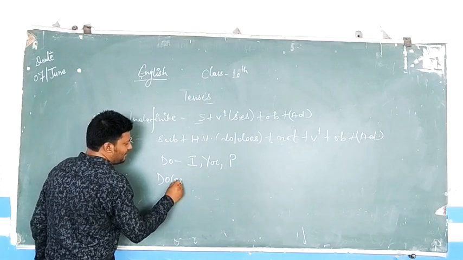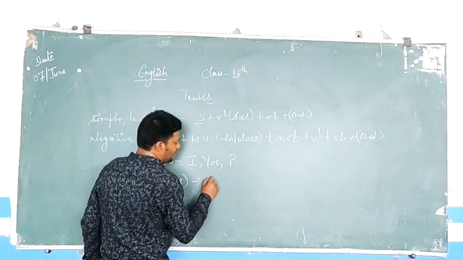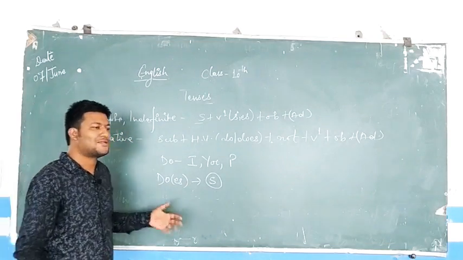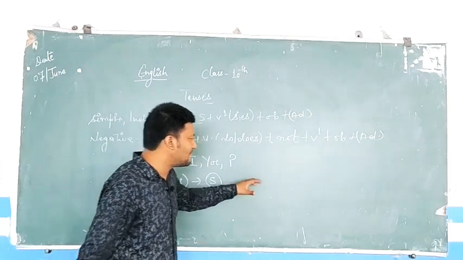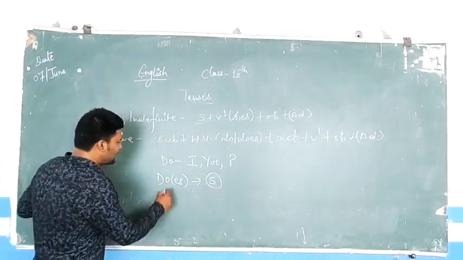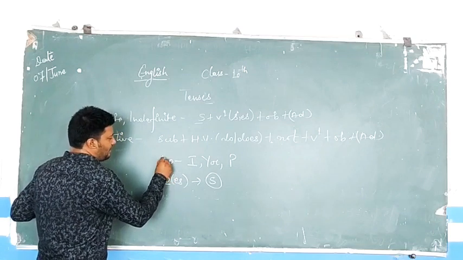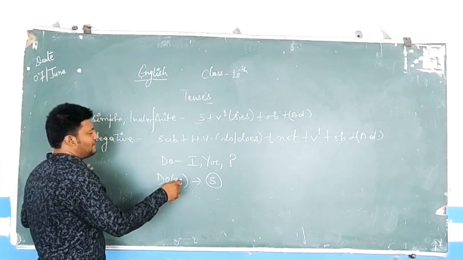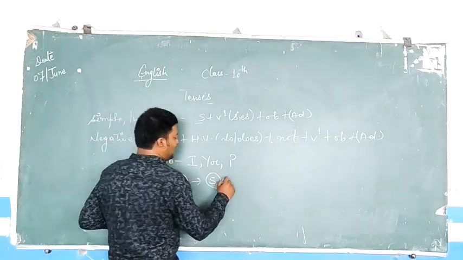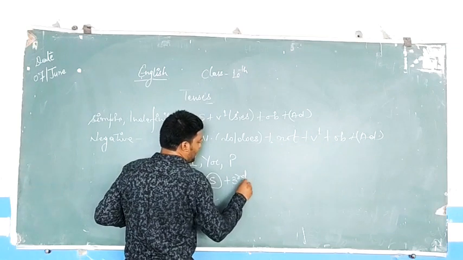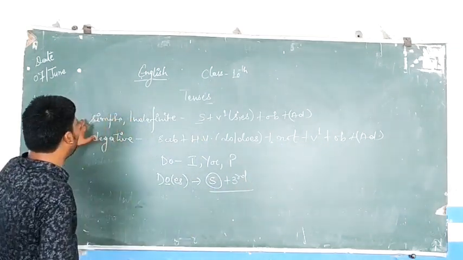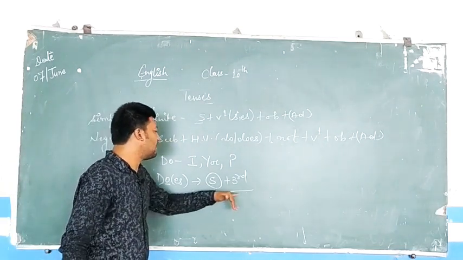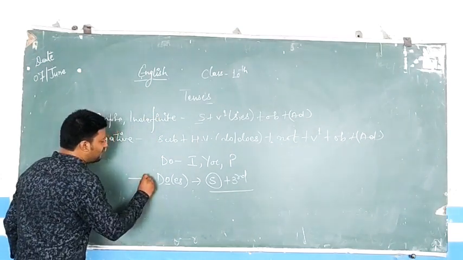Do plus es becomes does with the singular subjects. Now the words which end with O, X, CH, SS, SH, ZZ, I put ES. If it ends with O and I put ES at the end, it becomes does. Same condition: if the subject is singular plus third person, as we have studied in simple present formula, then I will use does with it.